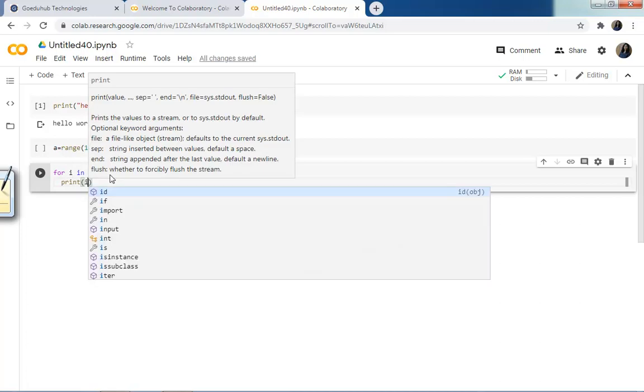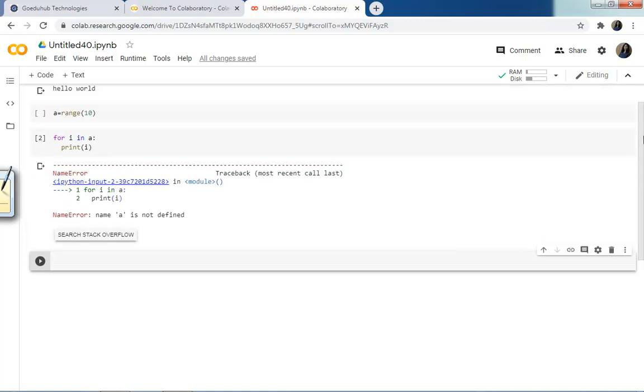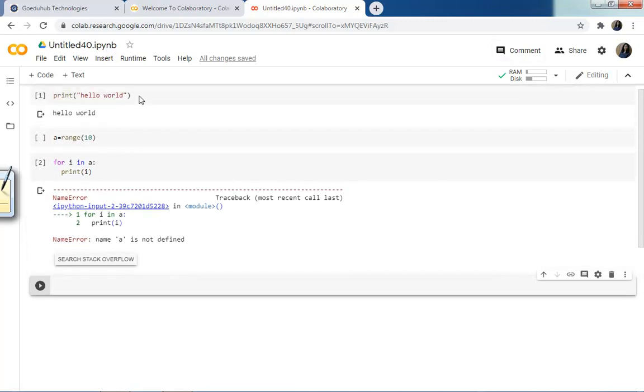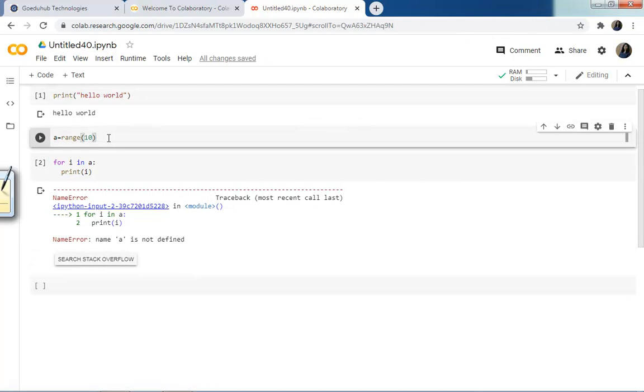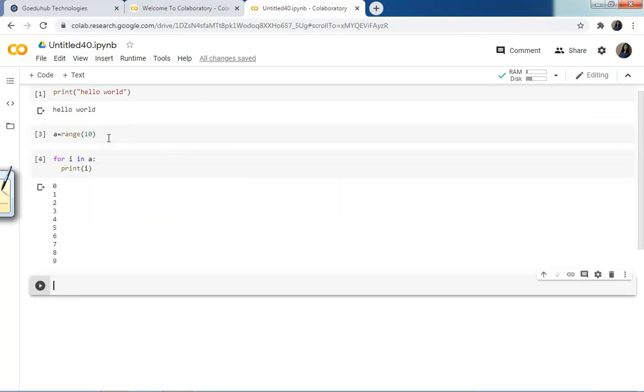Okay, and you can run this code. I have not executed this cell, I need to execute it first. Now I can run this, and you can see it prints. Range 10 means it will take the values from 0 to 9, and here it is printing 0 to 9.